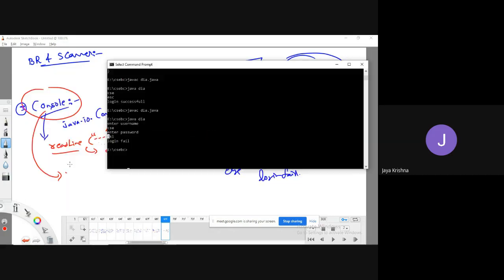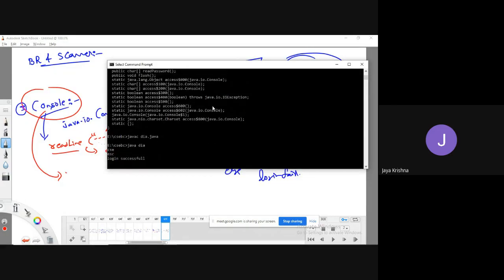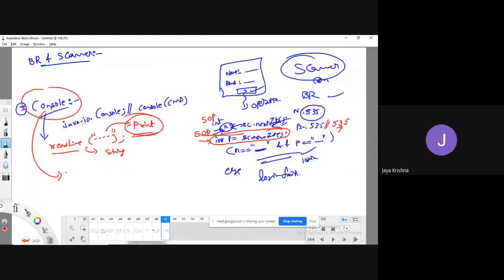Instead of that, if you would like to implement that kind of scenario, you have a method called readPassword. Observe. The data which you enter here won't be understood by a third person, meaning that it is going to display in the form of star marks. And the same property applies to readPassword as to readLine: whatever data you pass in the readPassword location is going to print on the console. Observe, guys.